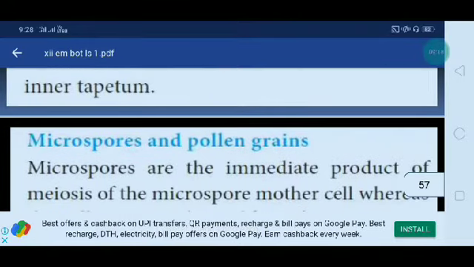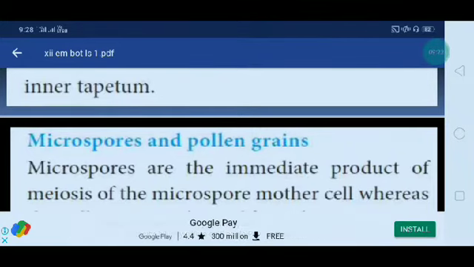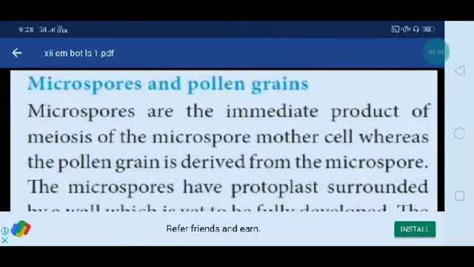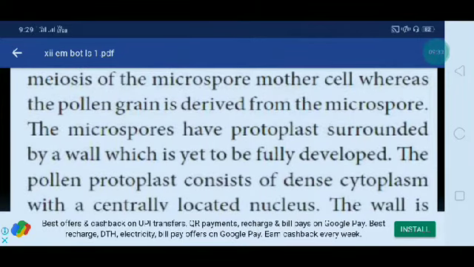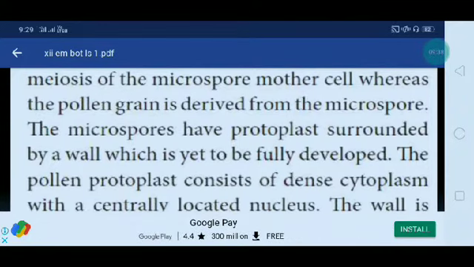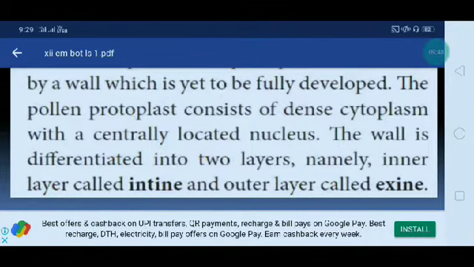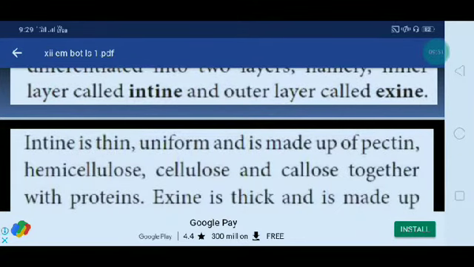The next one is microspores and pollen grains. Microspores are the immediate product of meiosis of microspore mother cells, whereas the pollen grain is derived from the microspore. The microspores have protoplasm surrounded by a wall which is said to be fully developed. The pollen protoplasm consists of a dense cytoplasm and a centrally located nucleus. The wall is differentiated into 2 layers, namely the inner layer called intine and the outer layer called exine. Here intine is very thin, uniform